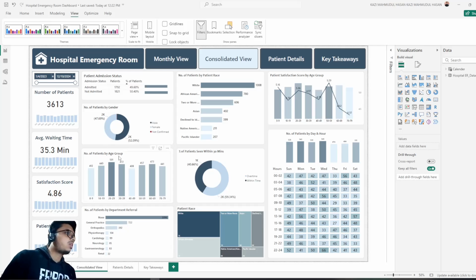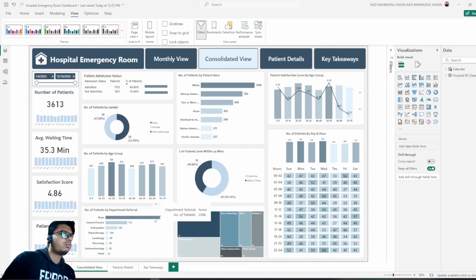And we can see the most number of patients by age group are the adults from 20 to 29 years of age. And we can see the number of patients who are referred to the departments are